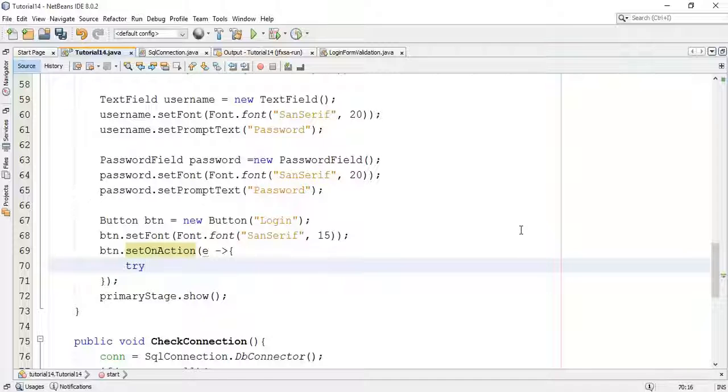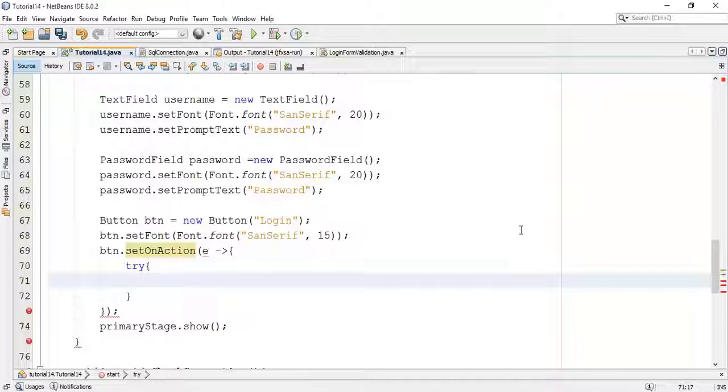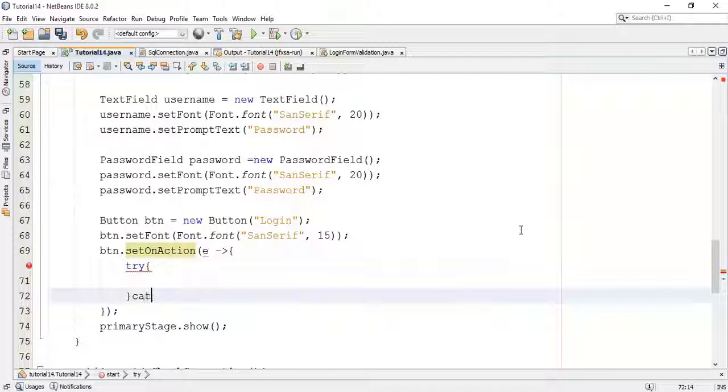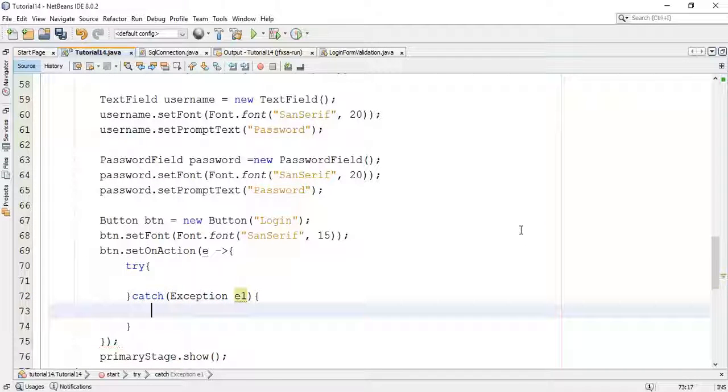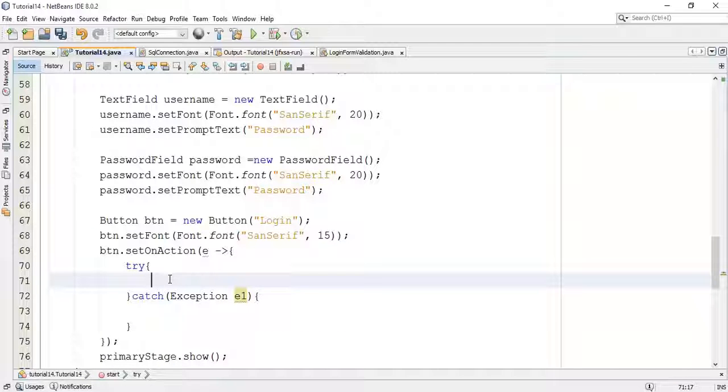So try, catch with exception E1, and in the try catch block I'm going to import the username and password from the database which we created in the last tutorial.